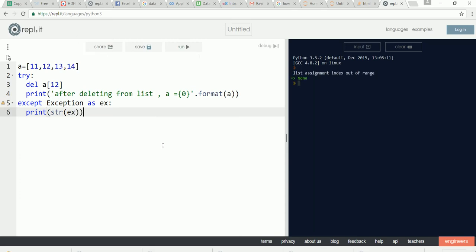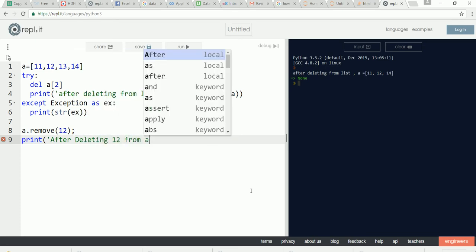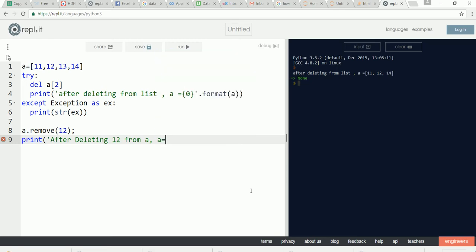So, list assignment index out of range, okay, that is generating an exception. If you however give this command, okay, now there is one more way of deleting a specific element. Instead of index, if you know which element to delete, you can use a dot remove that specific element, say for example 12. Print after deleting 12 from A is equal to